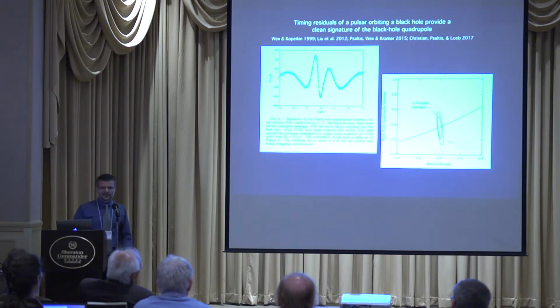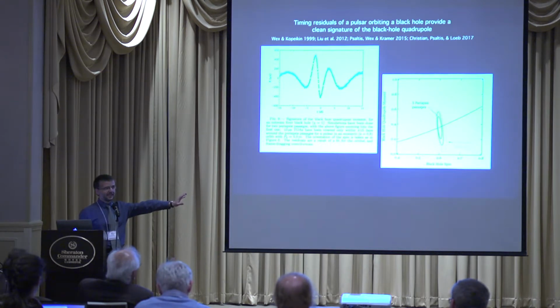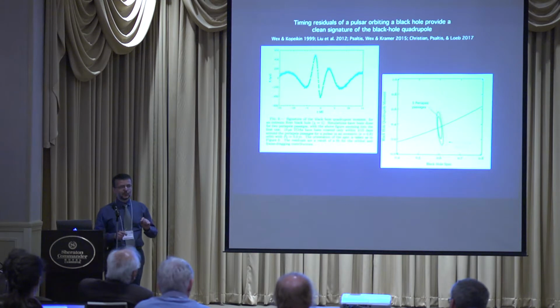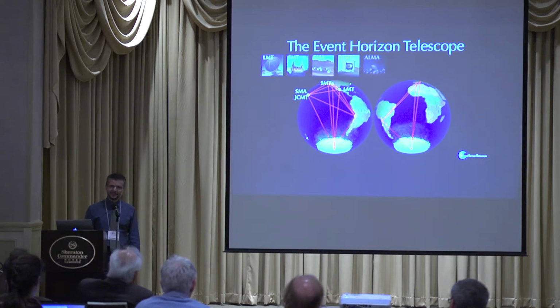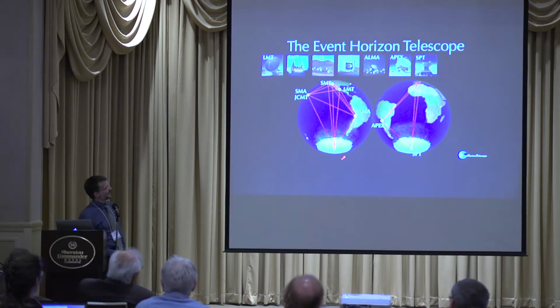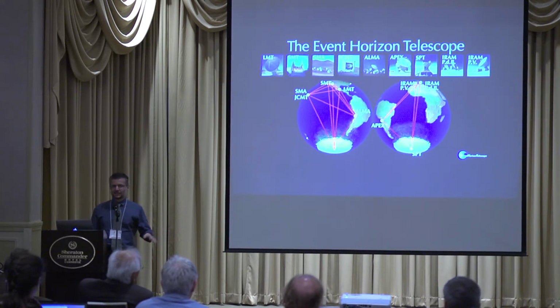This is beautiful, but it has one minor problem, that we do not know of any pulsar near the galactic center. And there's a very good reason for that. There's a lot of scattering between us and the galactic center. We hope we'll find one, but this is something that we cannot do today. There is something else, though, that we can do today, or we did a week ago. No, the observations happened about a month ago, and I'm not going to talk at all about the project itself,